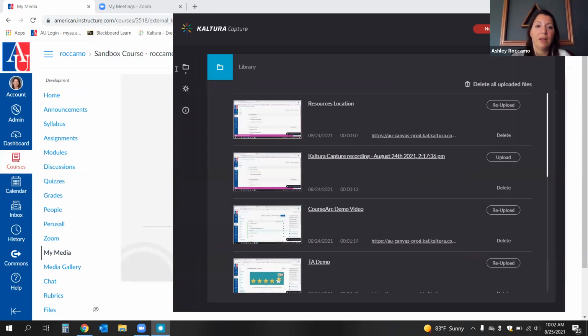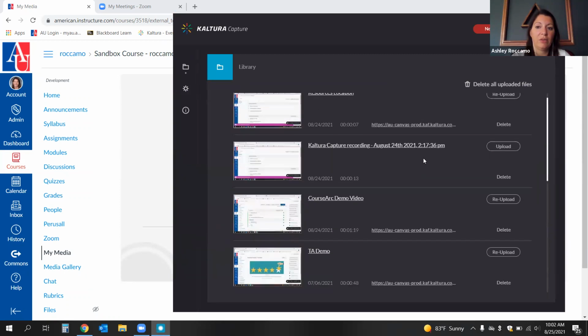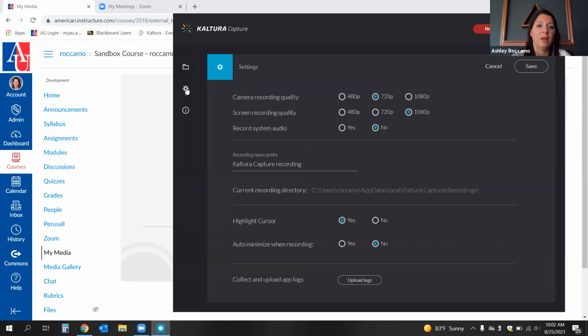So if I click on manage, it gives me 3 different things here. The first is my library of videos that I've created. The second is settings. So I can choose my camera quality and the name and everything. I can choose if I want to highlight my cursor, so basically the mouse as I move